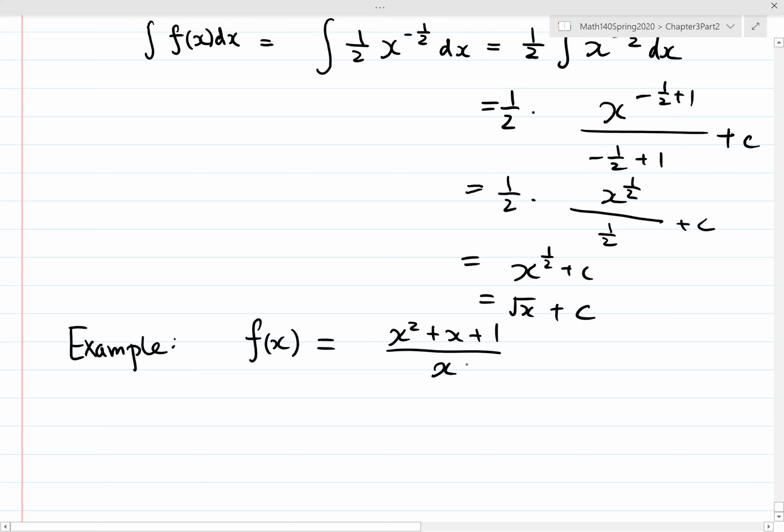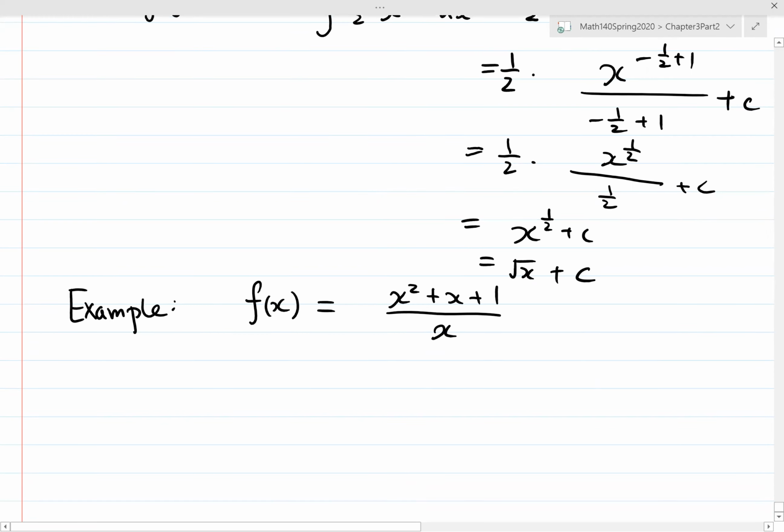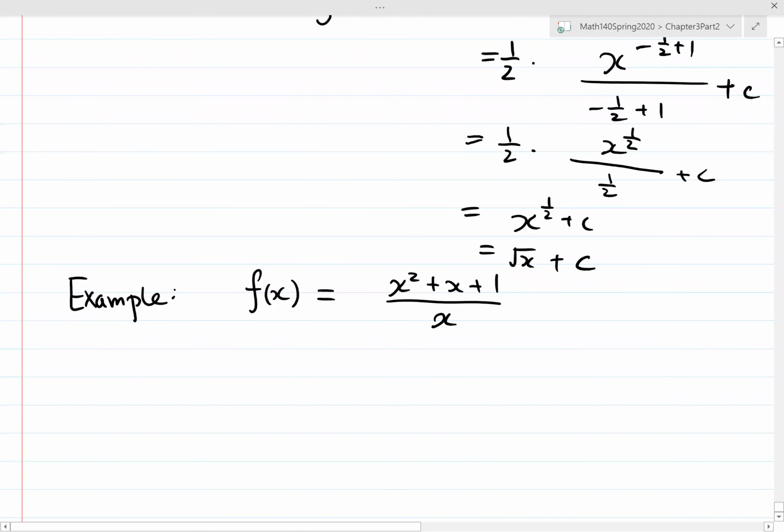How should we do this example? Now this example is a fraction, a quotient. Right now, the only tool we have is the antiderivative table. The thing is, if a function is not in the antiderivative table, then we will try to do algebra such that we can write it as a linear combination of functions in the antiderivative table. Okay, so for this quotient,